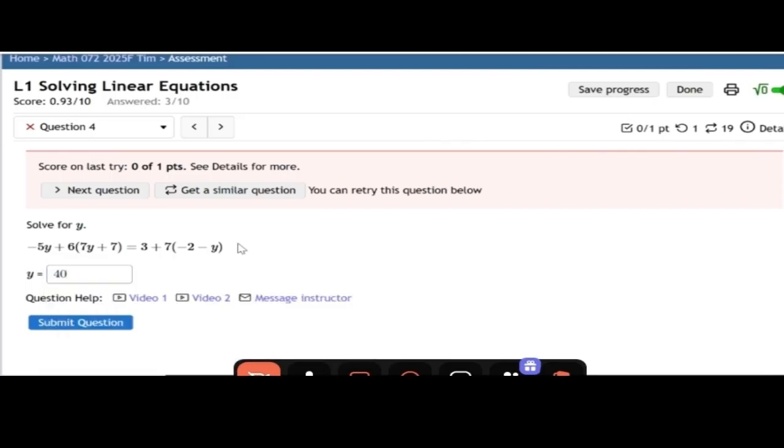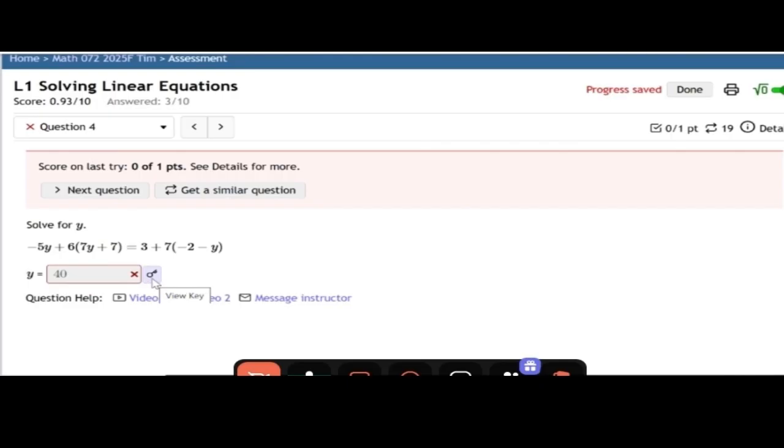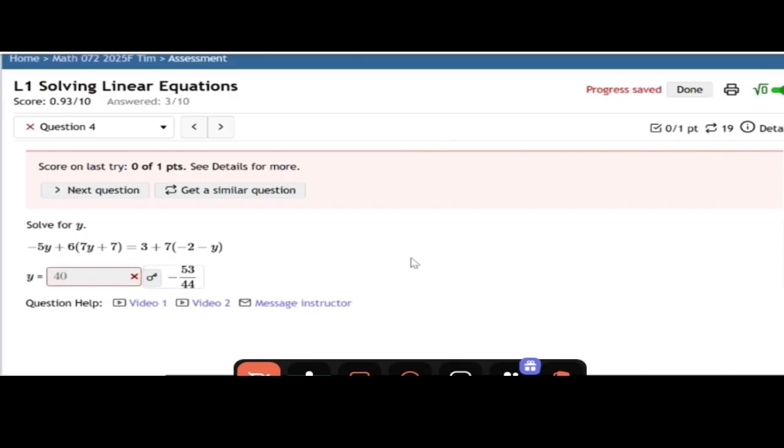This is not how I would recommend trying this question, but I just want you to see what happens when you get the answer wrong a few times. Okay, now we took 3 cracks at the question. We got it wrong all 3 times. Look what's appeared here, a little key symbol, and if you click on that, you see what the correct answer